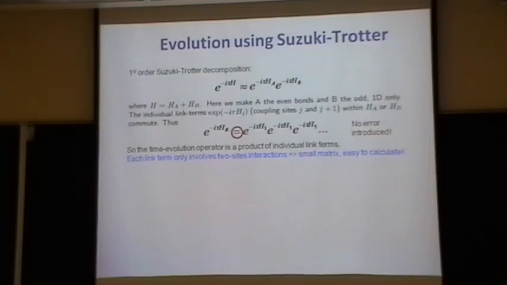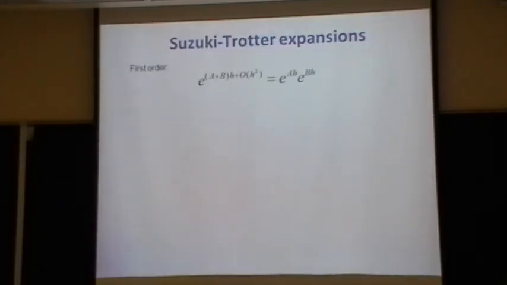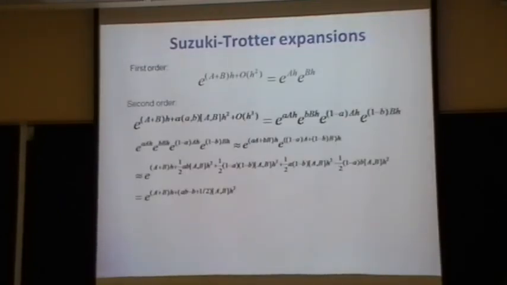I ask real quickly, what's the trade-off in terms of the order? Why not go to 28th order or something? It's the number of exponentials that you need to apply. Already, if you're in first order, you need to apply only the evolution operator with the Hamiltonian A and the evolution operator with the